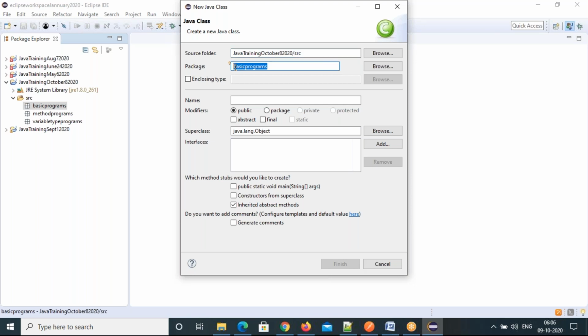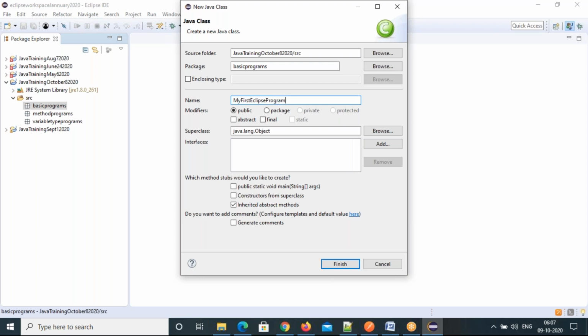And package. So we created a package, and the class name we have to give. See, the hierarchy is clearly showing here. First project and source folder, then package. Below the package we are creating a class. So let's write one class name. I am giving the class name MyFirstEclipseProgram. So make sure you follow the naming conventions.